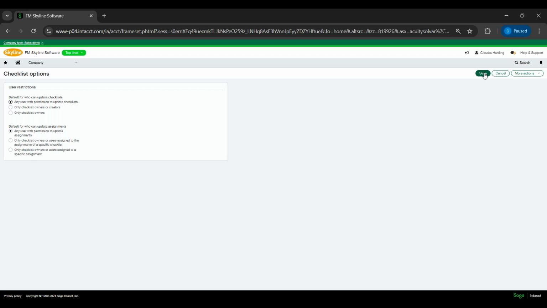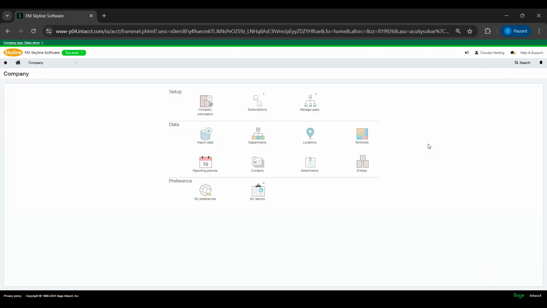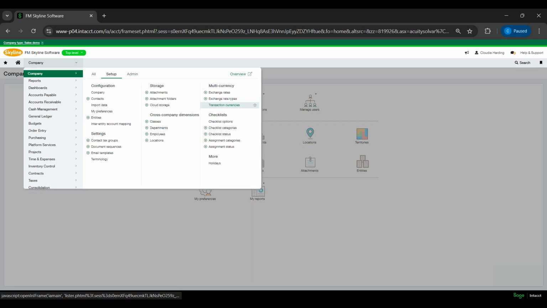And any permissions can be set against your users and roles for checklists at a more granular level as well, if you want to have a look at those. So now we're going to start with the setup side. There's two elements that we're going to look at. We're going to look at categorization and statuses, and we're going to look at those against both checklists, so the top level, and then a more second level, which is the assignments, so those tasks that are assigned to those checklists. So if we just go into the checklist categories first of all,